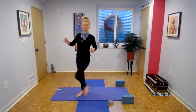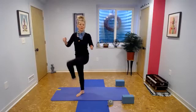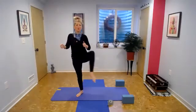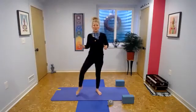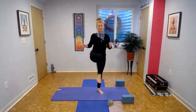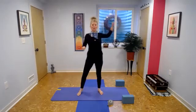Maybe that knee comes up a little higher. That's good now. You got it, Matthew, nice and slow. Right? If you like this and you want to stay doing this, you could do this a few minutes longer, not minutes, seconds. Or you could start to lift the opposite arm and make a movement with that opposite arm,